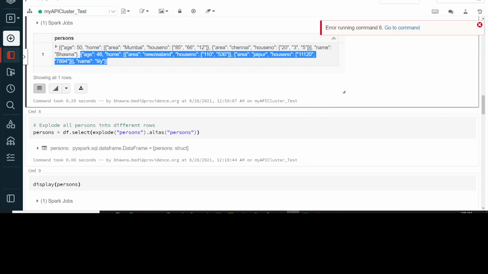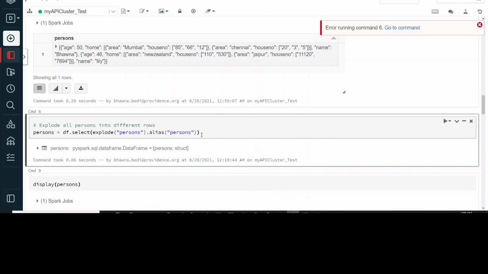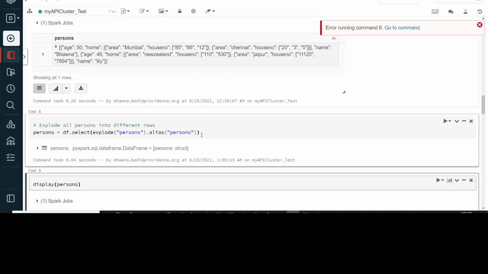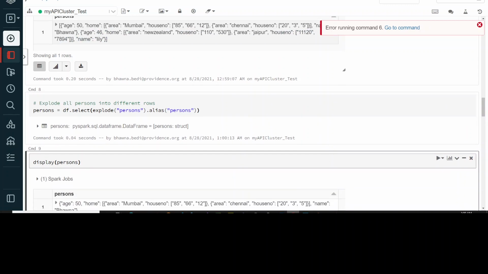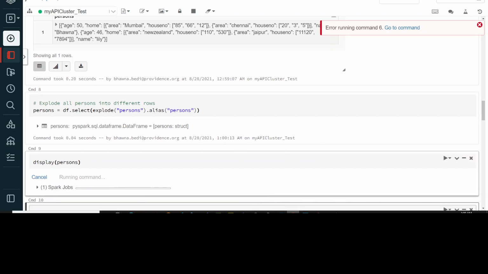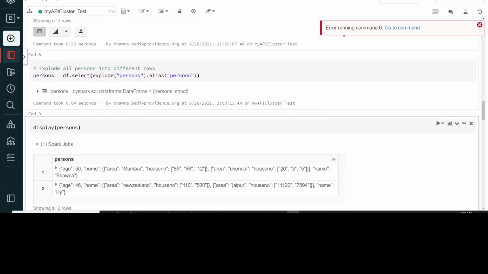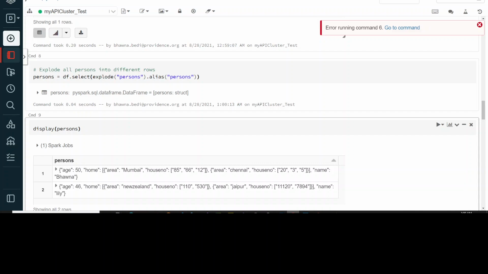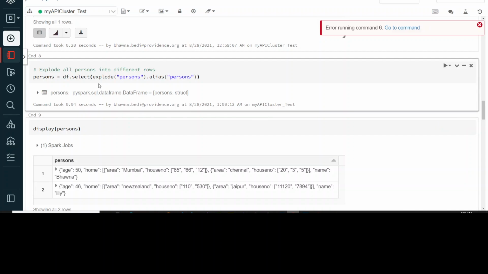So now let's run this command. I'll actually show you and explain how it works. Now I have run this command, and now let's try to display the data frame that we have created. So guys, now you can see how the explode command has worked. Now I have tried to create a data frame named persons